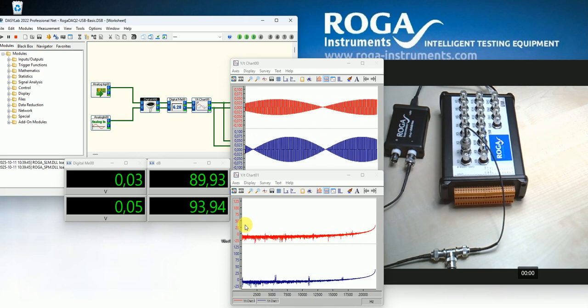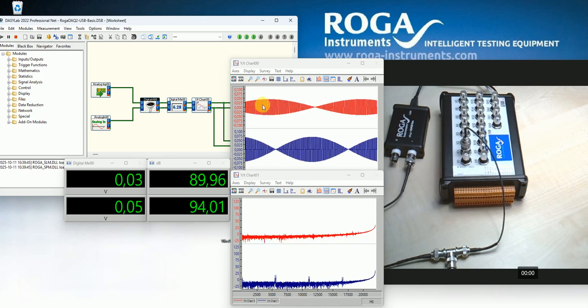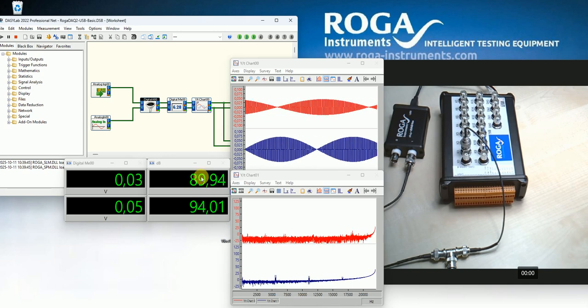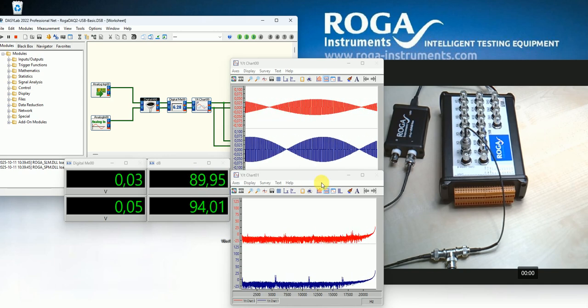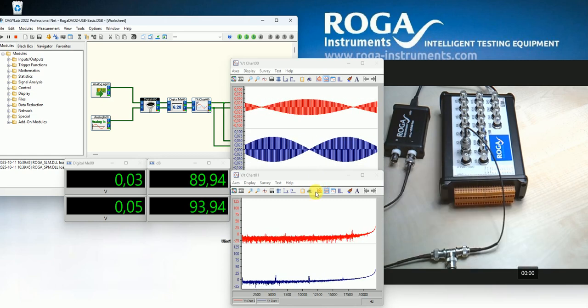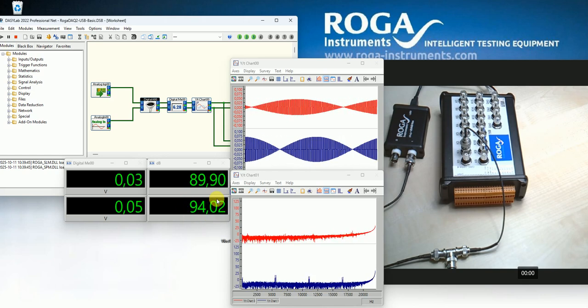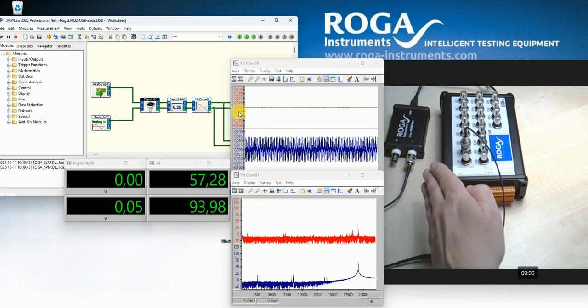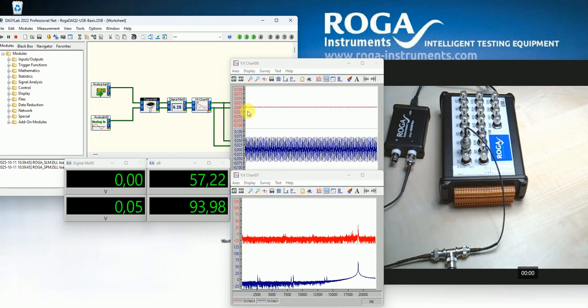At 22 kilohertz we can see that at channel number 1 the anti-aliasing filter from plug-in DAQ Lite is already active. From this card there's no change. So now I go to 25 kilohertz. Now you can see the signal from plug-in DAQ Lite is no longer available, and there's